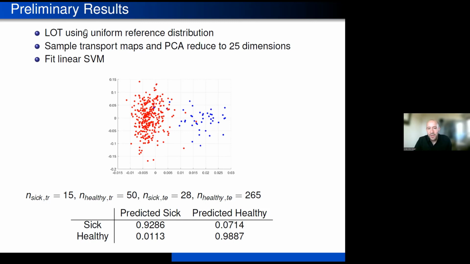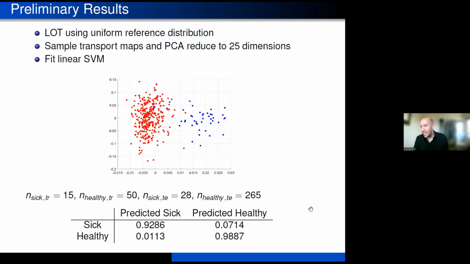So we can just pick a uniform reference distribution in the space, build these LOT transformations, LOT embeddings, take PCA of all of them to reduce to 25 dimensions, and fit a linear classifier. This is on real data. AML is an easy problem, quote unquote, to discover as far as flow cytometry goes, but this is still a pretty involved thing. And what we get is, if you only train with 15 sick people and 50 healthy people and test on the rest of the population,